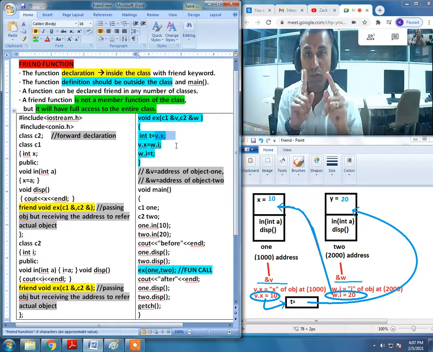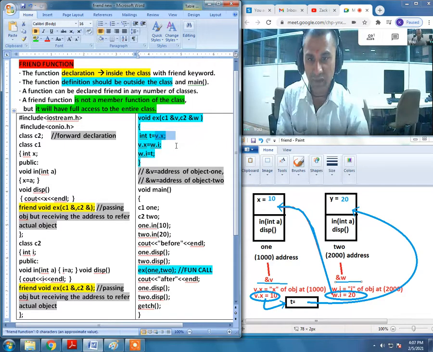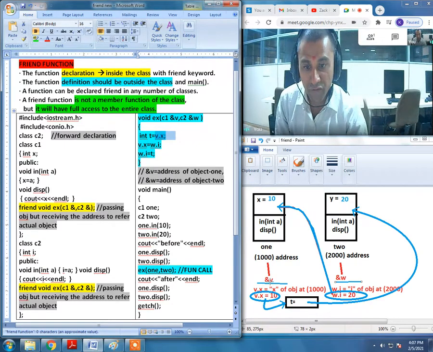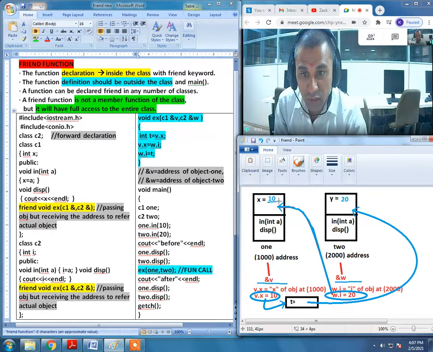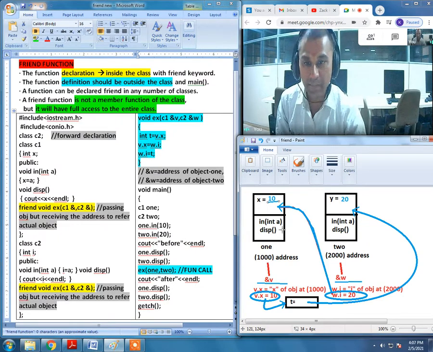That means V is pointing to the address 1000. We are having object 1 on that address, and the X variable of that object, we are talking about this value, 10.